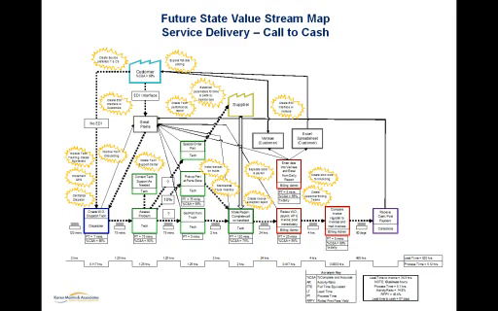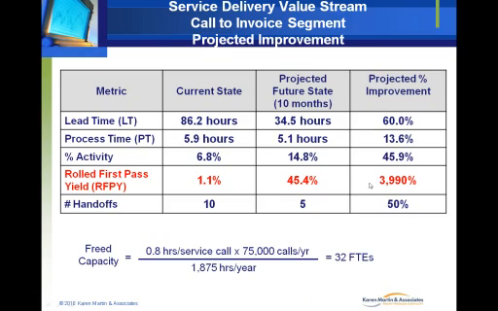And all those improvements were supposed to be in place in about a 6-month period of time. So this was a 6-month plan for improvement for this entire value stream. So from 1.1% to 45% yields almost 4,000% improvement. Very, very significant improvement. Now, is 45% good enough? No. 45% is still way too low. But, you know, you don't solve world hunger in one day, and you certainly don't solve it even in 6 months in this case. So 4,000% improvement is quite